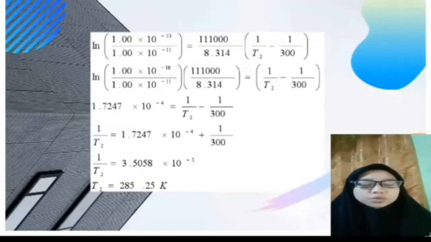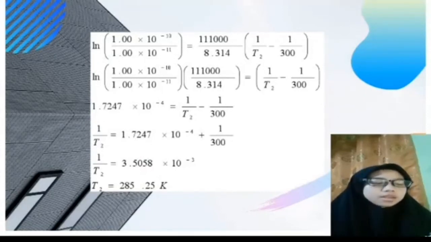Then you need to substitute the formula with the information given. Then you will have 1.7247 times 10 to the power of negative 4 equals 1 over T2 minus 1 over 300. Minus 1 over 300 needs to move, and you will get 3.5058 times 10 to the power of negative 3. So you need to determine T2, and the answer is to add